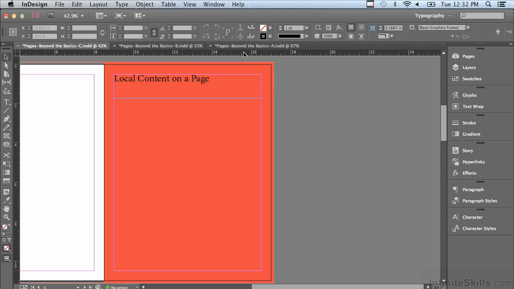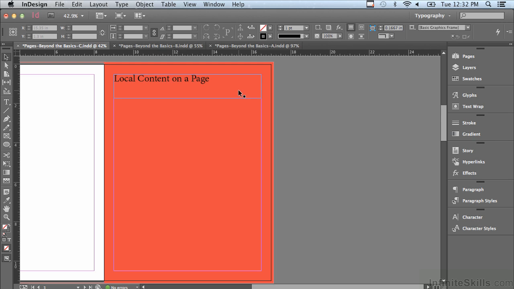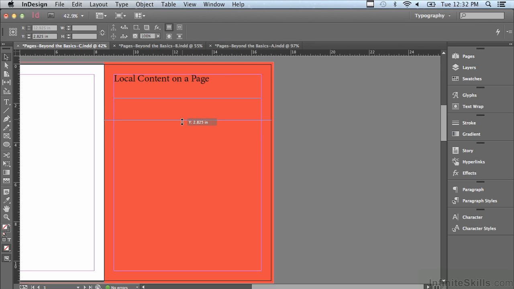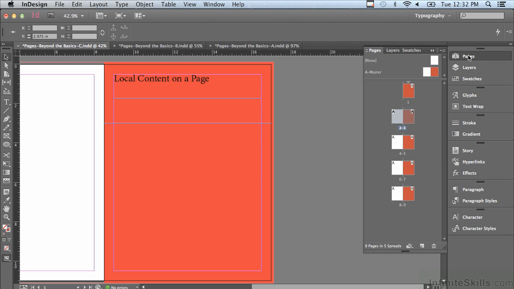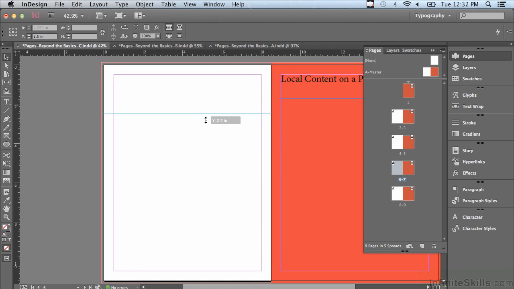So if I go to my ruler and just click and drag, because I scrolled, there is no guide because I'm trying to drag a guide onto a page that I'm not really on. Of course, if I click on the page, now I'm really on that page. And watch what happens if I click and drag. I'm getting a guide. But if you use the Pages panel to navigate, you don't have to worry about which page you're on. You know which page you're on. So if I double click on page 6, I know that I'm on 6, and I can drag a guide